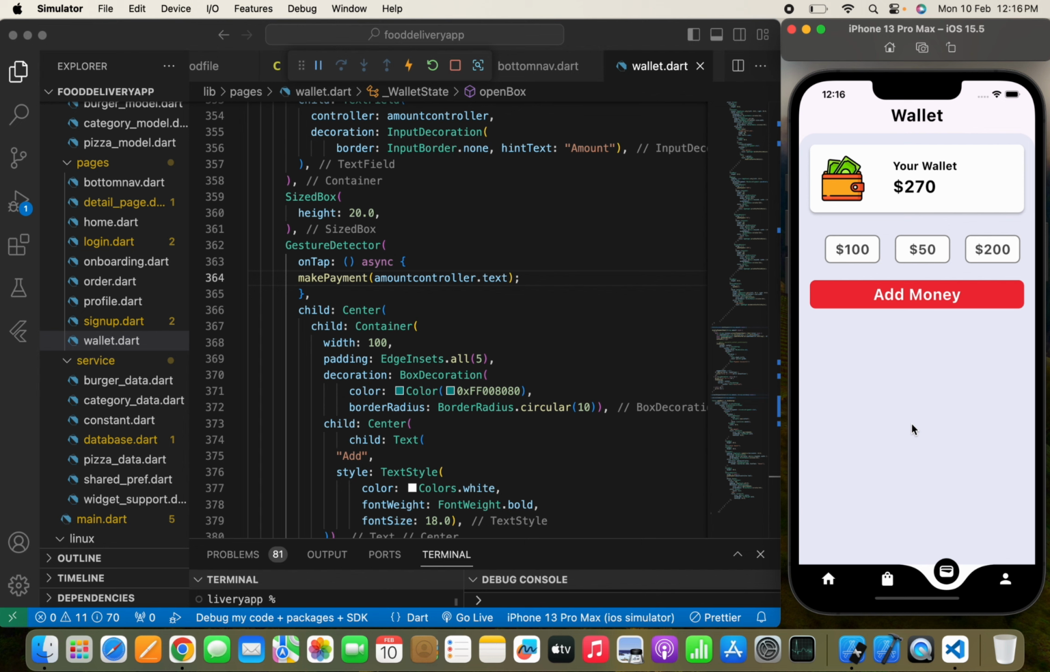So it is working brilliantly, and we can add any amount of money in the wallet by using the add money button. And there are some containers that have been automatically created that will help us to add that much money in the wallet. So our wallet page is done and it is also working brilliantly. So yeah, for that,